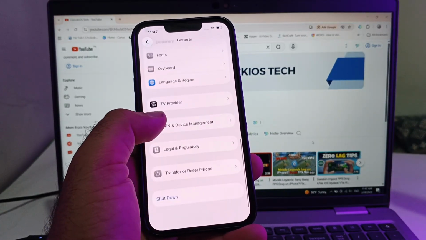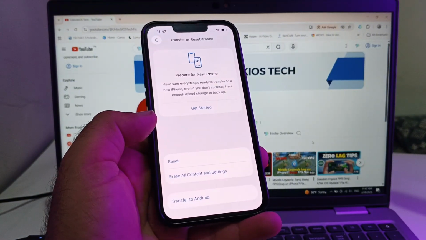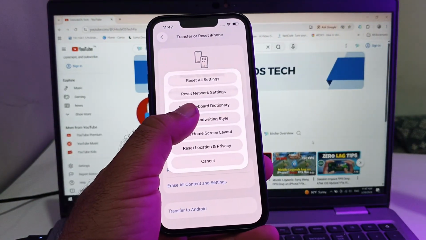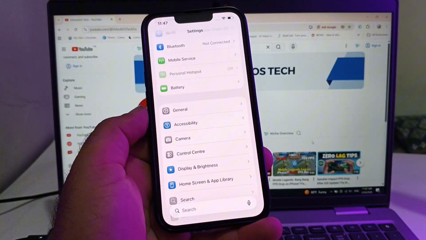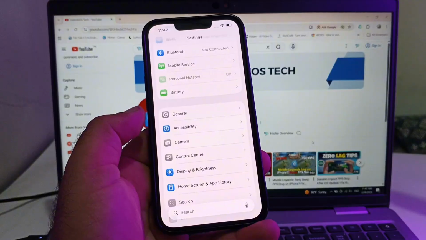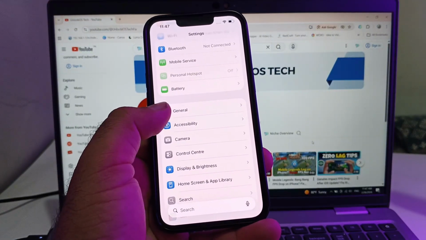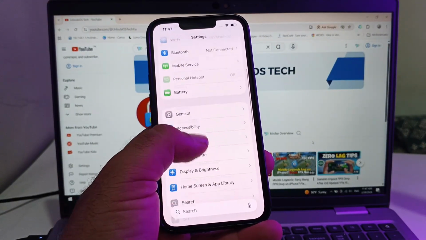Then go back, and here is the option of Transfer or Reset iPhone. Click here, click on Reset, and click on Reset Network Settings. Then go back, restart your device, and then check, your problem will be fixed. If your problem is still not fixed by all these methods, then guys,